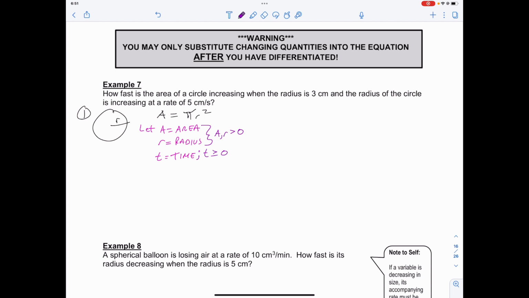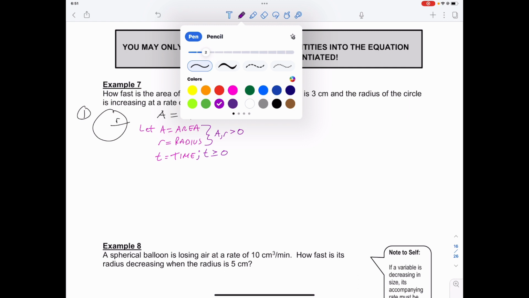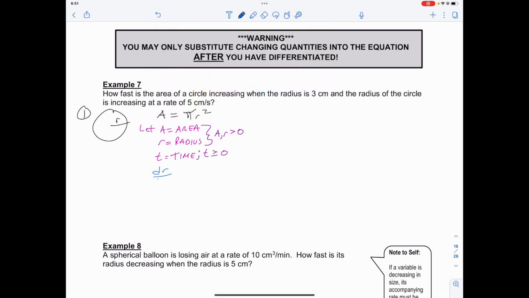We also know that we have, at this point, dr over dt, which we're given here, over time, is 5 centimeters per second. And we know that the radius, given this problem, at this point is 3 centimeters. We're trying to find the change in the area over that time. So we're going to take our formula and we're going to differentiate it. So if A is equal to pi r squared,